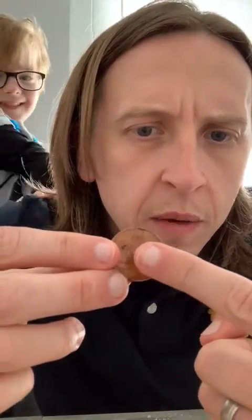Now as you can see, the coin's quite shiny compared to the way it was before. And if you look closely at the coin here, you can still see some of the darker parts of the colour that it used to be. So basically what's happened here is the acid in the Coke has basically...